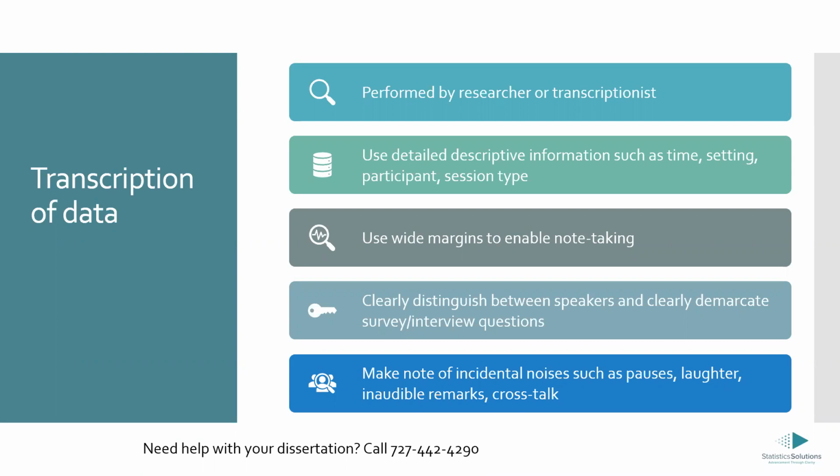Make sure, and this is especially important in a focus group, that you can clearly distinguish between the speakers and who is saying what. Because the worst thing is to have a focus group with 5 people and you can't tell who's who, and so you don't know who to attribute quotes to. And that can make things kind of messy later on. So trying to be really, really clear about all of that as you go along will really help out later. You might think you'll remember later on down the road, but you probably won't. That's just how it works.